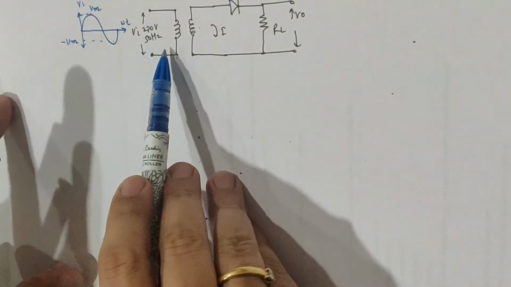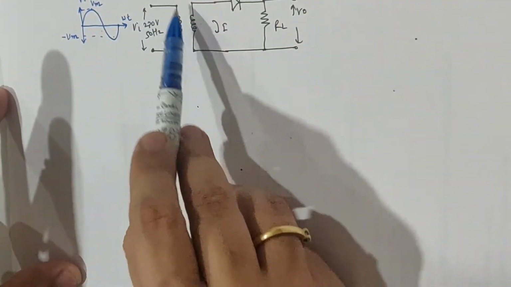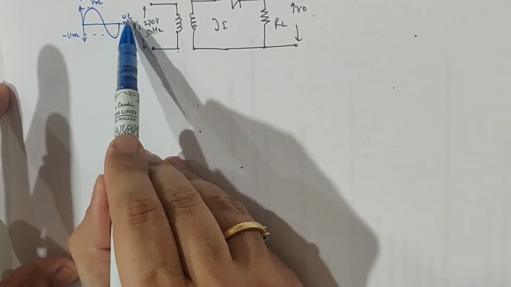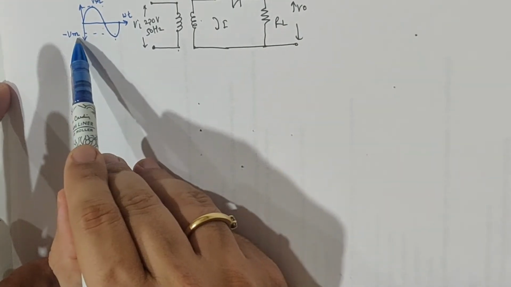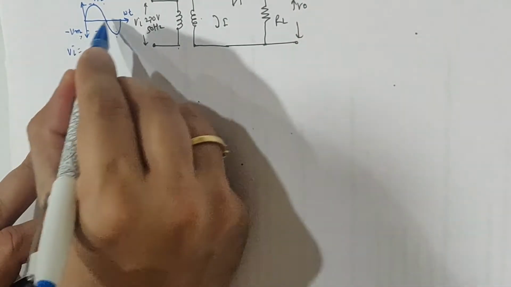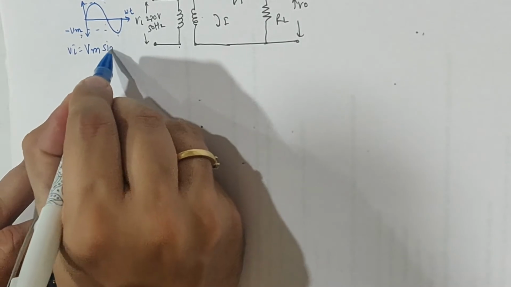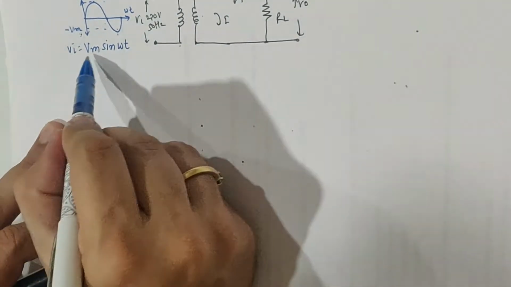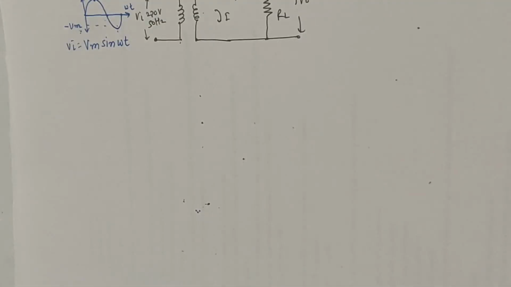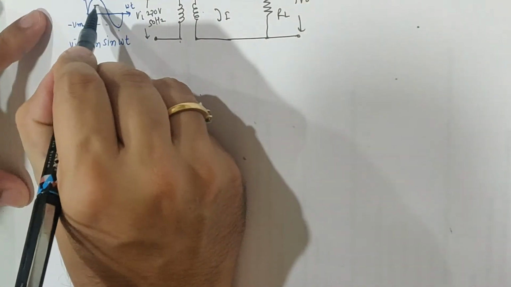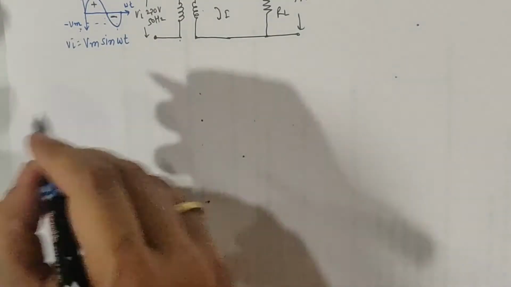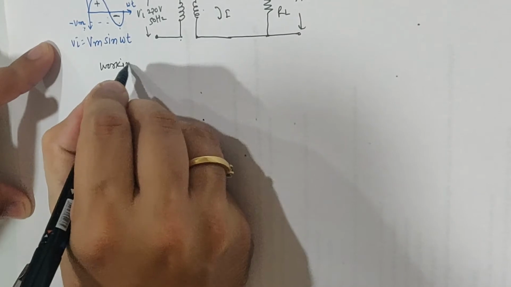So I have applied this AC power supply, which is being provided by this transformer, having peak voltage of Vm, maximum voltage Vm, and in negative cycle maximum voltage is minus Vm. So what is the formula for this? Because it is a sinusoidal wave, I will say Vi equals Vm sine omega t, where Vm is the peak voltage and sine omega t because it is a sine waveform. Now it is two half cycles. This is positive half cycle and this is negative half cycle, and on the basis of this I am going to write the working of this rectifier.